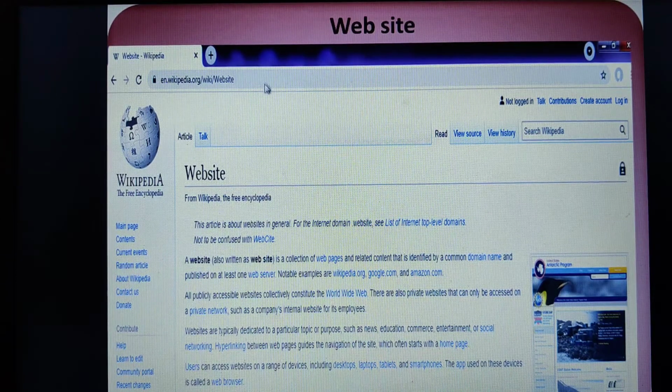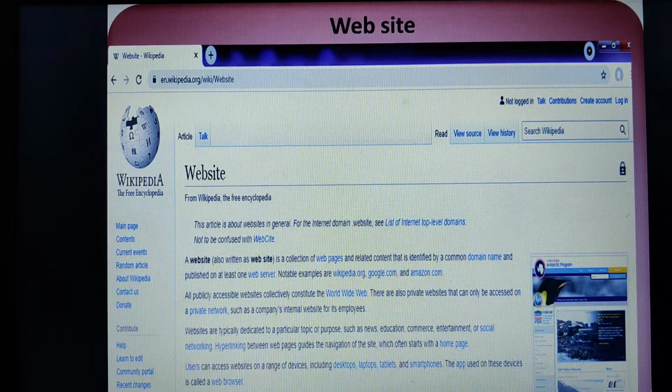Now look at this particular example. This is a URL, which is also referred to as an internet address or web address. Here I should give the website name. What is the website name of this particular website? That is Wikipedia. I had got a list of different types of website names, and from that I have chosen this particular website name. That's how I'm able to see this particular website called Wikipedia. I hope you are able to understand.